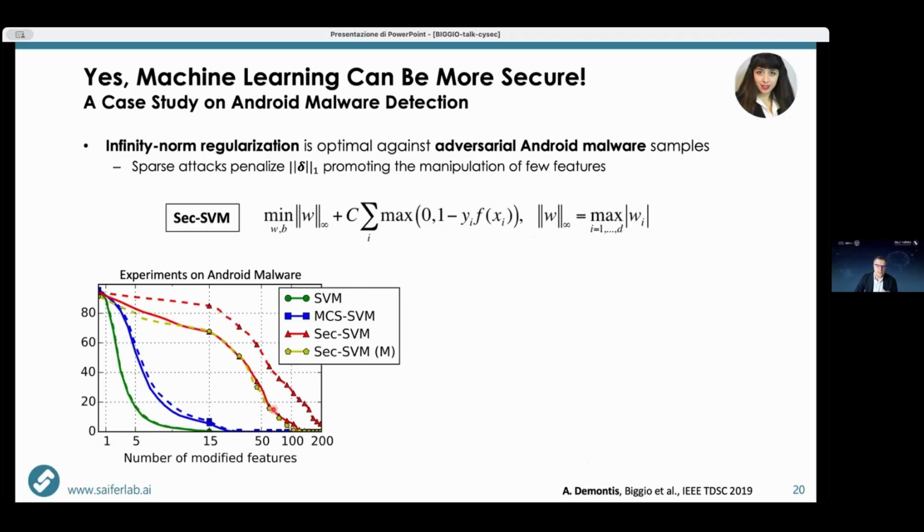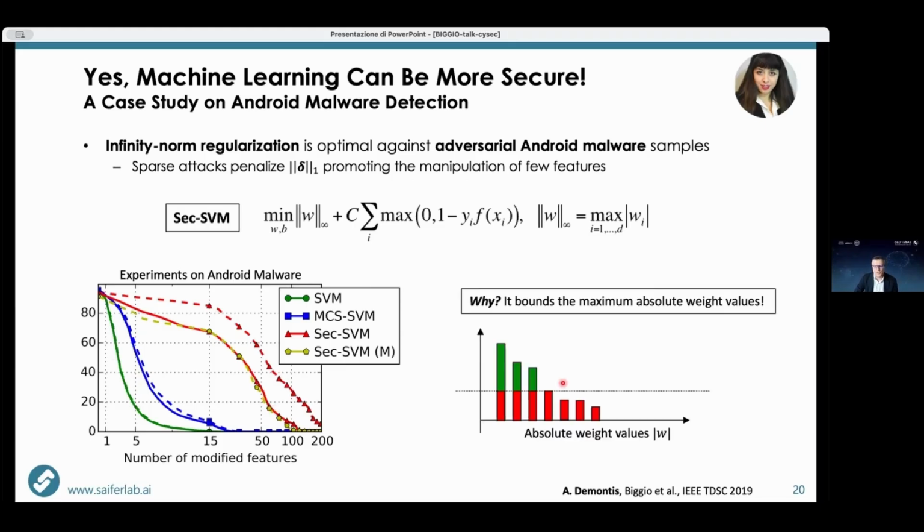And there's no magic behind this. The practical reason is that when you use this type of regularization, you're basically equalizing the feature contribution to the model. So now there are no longer features that have a lot of weight or importance for the model, but the decision that the model makes uses the contribution of all the features more uniformly. So at the end of the day, the attacker is constrained to manipulate more features if they want to have the same decrease in the output score. That's why this improves robustness by a large margin.